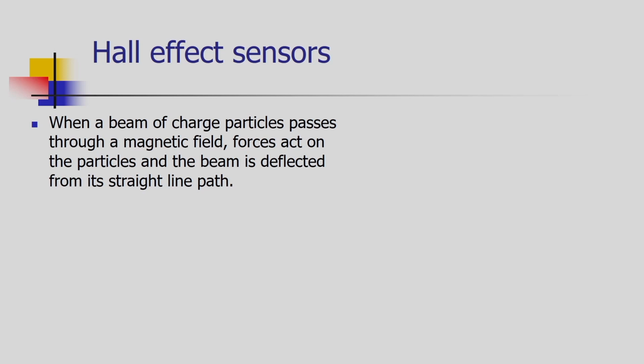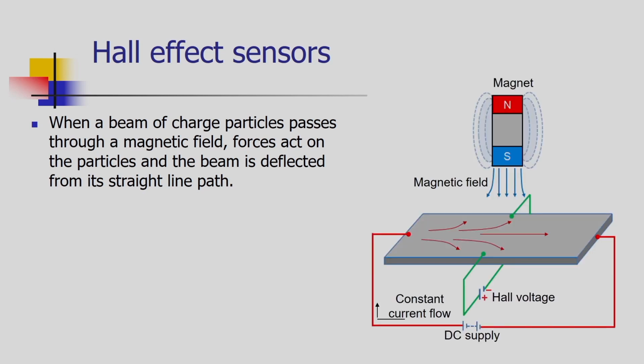How it is effective and useful for us, that we will see. Before that, we will see the principle. Here you can see we have a plate or a disc. This plate or disc is attached to a DC power supply. When we apply the electrical field, there is a passage of electrons, which we call the current. When a magnet comes near to this charged plate, what happens? Due to the magnetic field of the magnet, there is deviation in the passage of these charged particles.